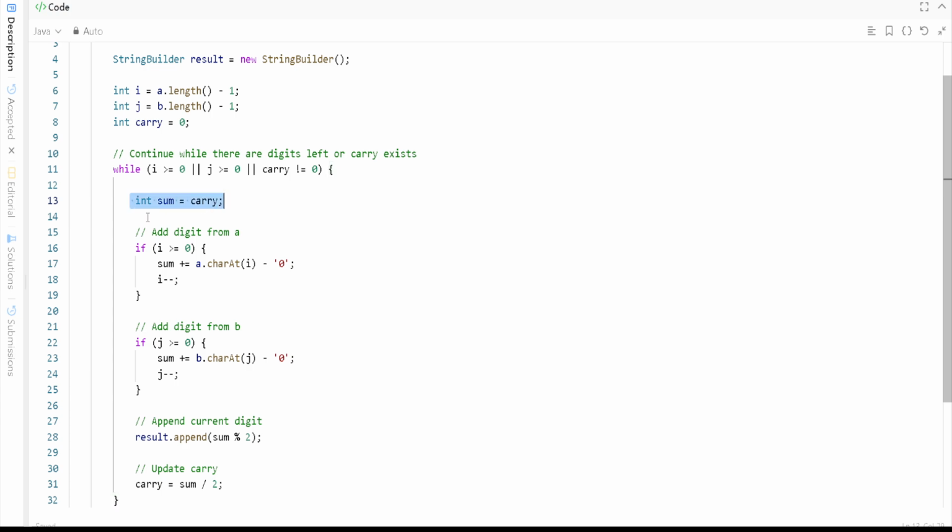In that case, we have to find int sum equal to carry. We have to start from the carry, and we know that there will be some character. We check with the value a.charAt(i) - '0', meaning we have to add the digit from a, and we'll do the sum. Again we'll do the same thing with b, because let's suppose both the binary numbers will not be equal. That is why we have to take each character and add it to the sum. Okay,